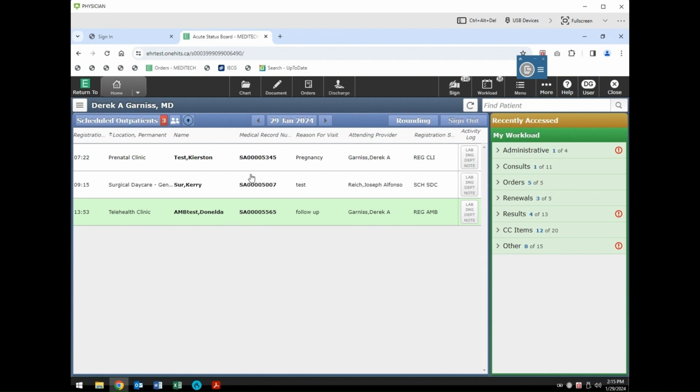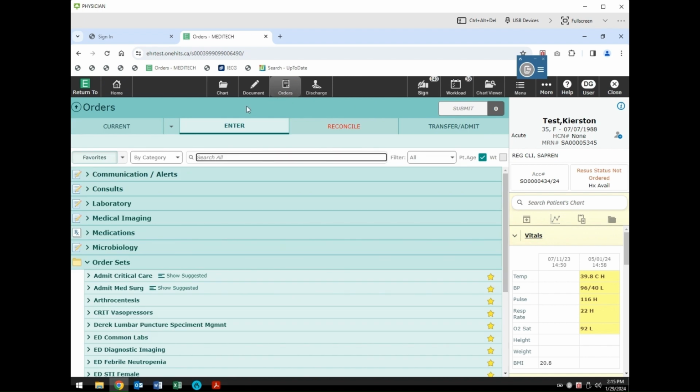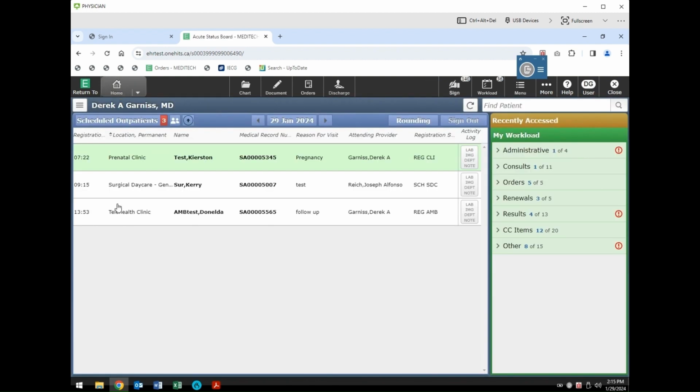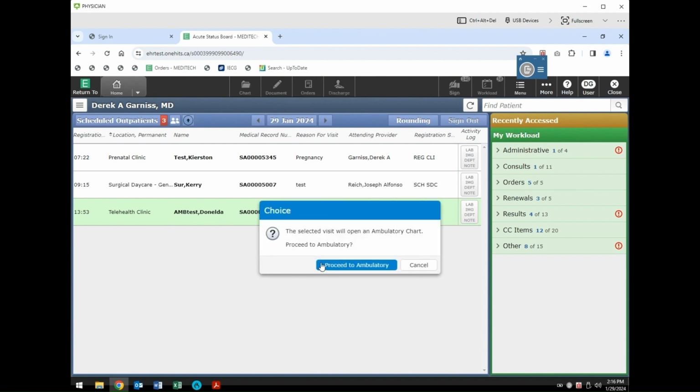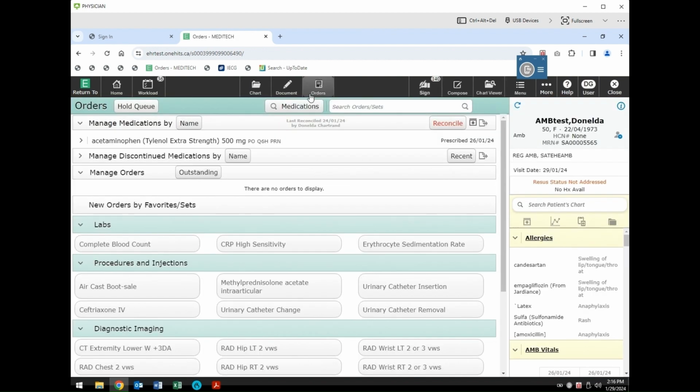If I select a patient that is already admitted and I go to place orders on them, it is going to go ahead and allow me to place the orders on this patient as part of their inpatient stay. However, if I select a patient that is a scheduled ambulatory patient and I want to place orders on the patient and they are not admitted to hospital, when I select the Orders button when I'm using WebACUTE, it is going to let me know that this patient is going to be scheduled in an ambulatory chart. And selecting the Proceed to Ambulatory button will bring me into the order entry screen for this patient in